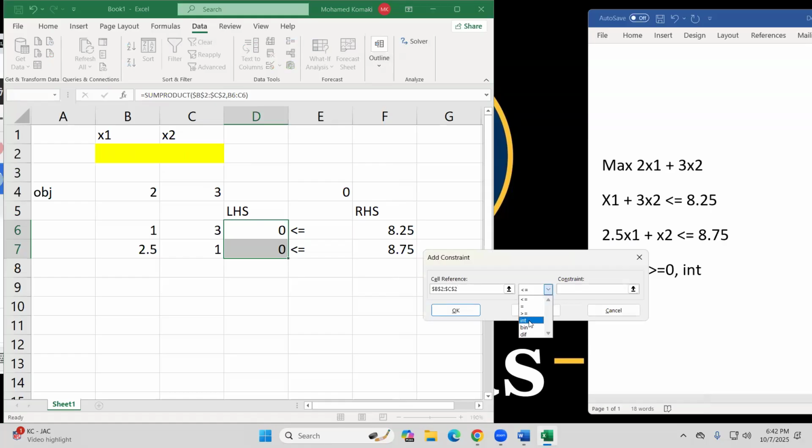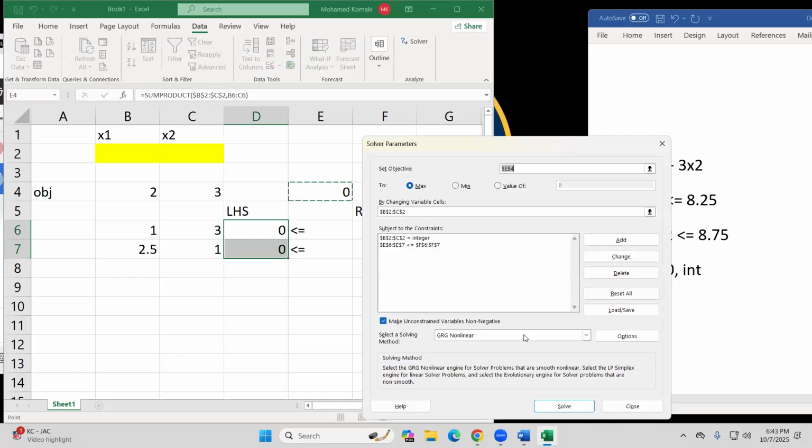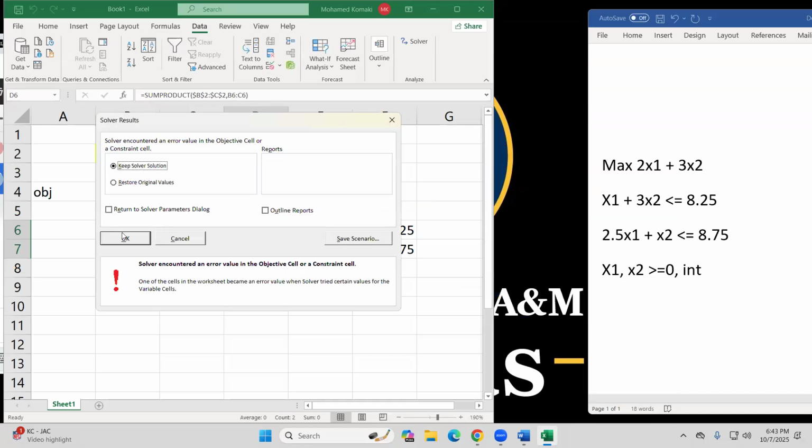So x1 and x2 are both integer, right? Makes sense? So this is the only step that says x1 and x2 are integer. And when we apply this, the solution is going to be,